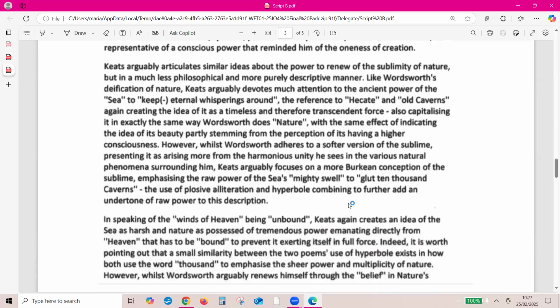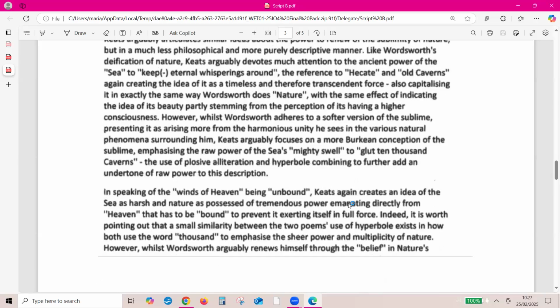Keats arguably articulates similar ideas about the power to renew and the solemnity of nature, but in a much less philosophical and more purely descriptive manner. Like Wordsworth's deification of nature, Keats arguably devotes attention to the ancient power of the sea to keep eternal whisperings round, with reference to Hecate and old caverns creating a sense of it as a timeless and transcendent force, also capitalizing in exactly the same way as Wordsworth does nature, the effect of indicating its beauty stemming from a perception of